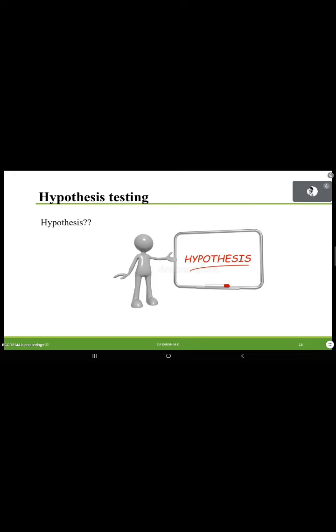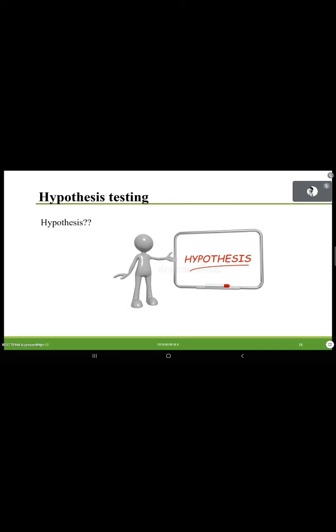What do you think? Relationship between the two variables. Yeah, please note that it is not always a relationship between variables. I think most of the nursing textbooks write it as a relationship between two variables. For example, I want to know whether the average birth weight of the preterm babies in Kerala is similar to the national average. There, I am not doing any relationship comparison. Here, I just want to compare my average value, the score based on the population, with a standard value. So that is also hypothesis testing.